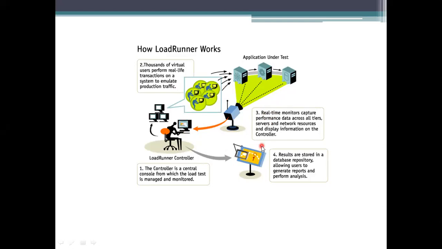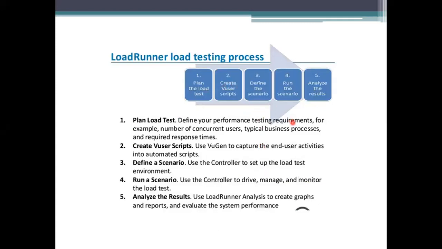Meaning whoever is accessing the database here, how far it is being accessed, what problem we are getting in accessing it, how many times it has been considered as downtime. All these things have to be specified. So how are we going to run this testing process? We need to plan the load here. What we need to do has to be planned: how many users are there, what processes they are doing, and what response time is required to open these processes. All these things have to be planned at the initiation.